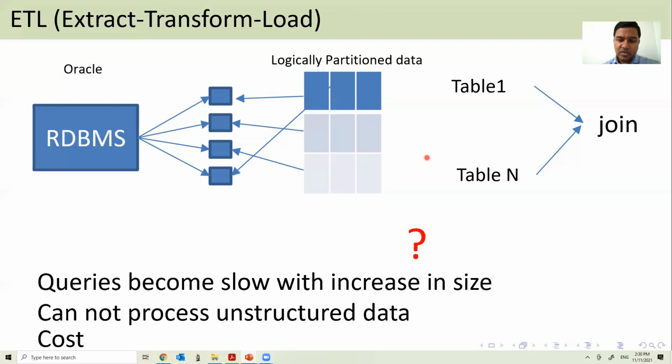So what to do? The NoSQL kind of data came up. There are varieties of NoSQL database, and we will know about them in the next class. What are the different types of NoSQL database? To handle the different kinds of needs of the industry, different kinds of NoSQL database came up. One example of a NoSQL database is key value pair.